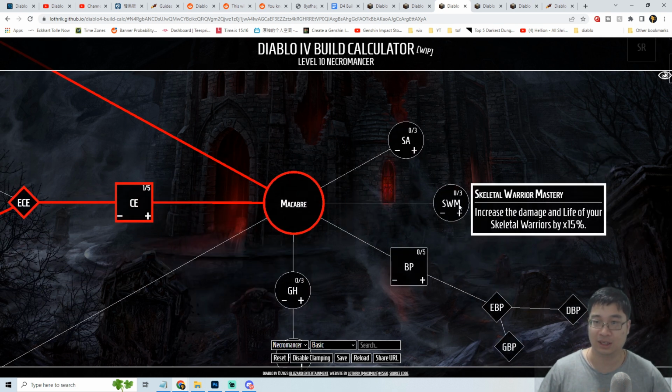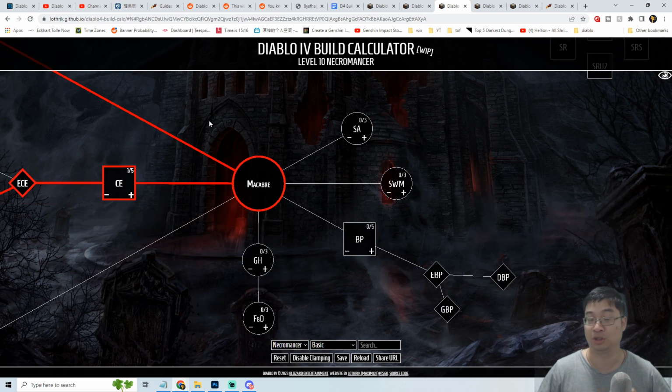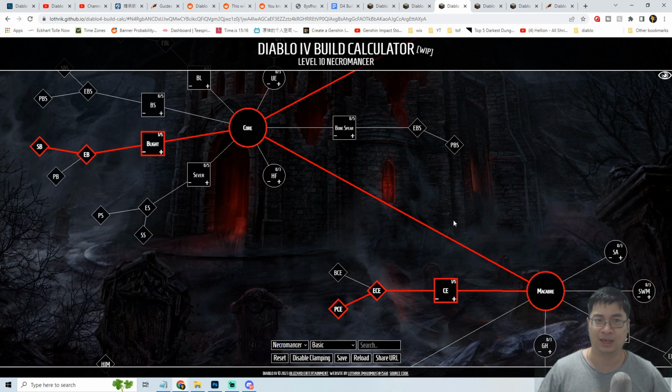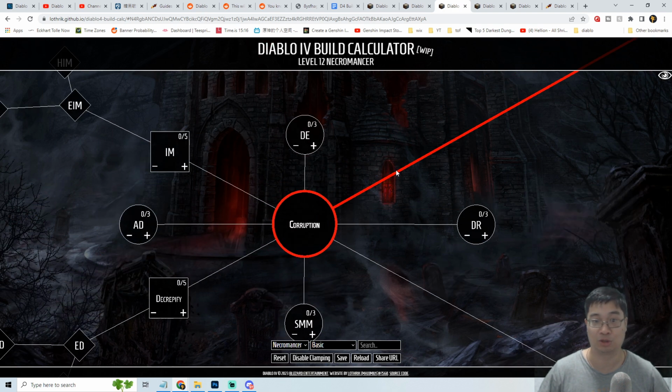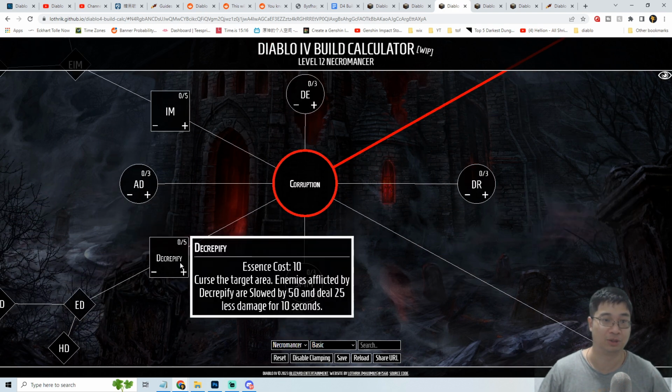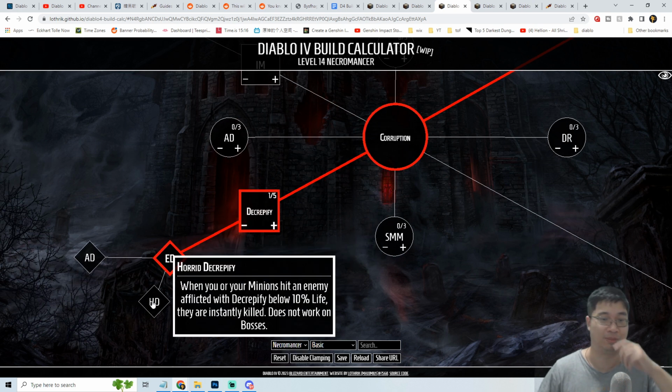One thing to notice here is at this moment you have a choice. Do you want your minions to do damage or do you want yourself to do damage? For me, I kind of want the minions to do all the work as I'm leveling up, right? So I go with the skeletons. As I get more skeletons, my active spells open up. So at level 12, Corruption opens up. I'll go with the Decrypify